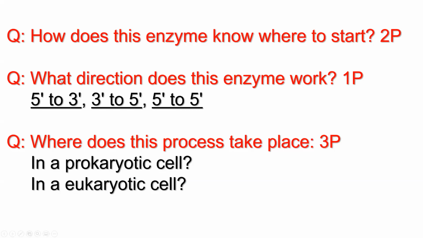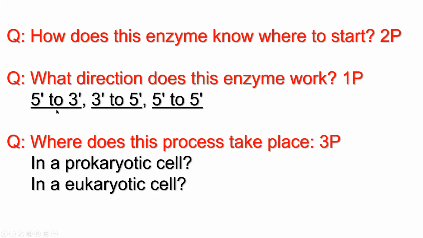The direction and the polarity of making RNA, always, in DNA replication or transcription, always goes from 5' end to 3' end, always 5 to 3. This is the 3' end. This is where the hydroxyl group is attached. And this is where new nucleotides are added. So remember that direction of transcription from 5' to 3'.